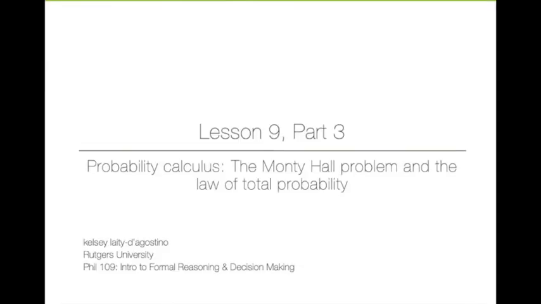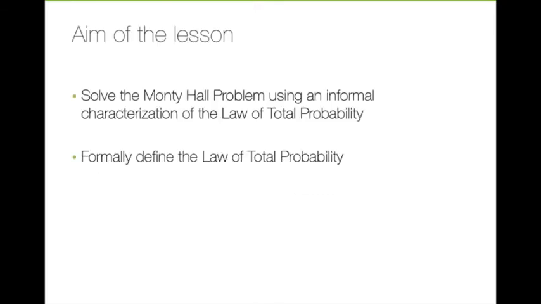The last part of this lesson will cover the final rule of our probability calculus. But first we're going to use the famous Monty Hall problem to illustrate the need for this rule. So there are two aims for this lesson. First, figure out how to solve the Monty Hall problem using an informal characterization of the law of total probability. And then we'll look at how to formally define that law, as well as how to use it in an